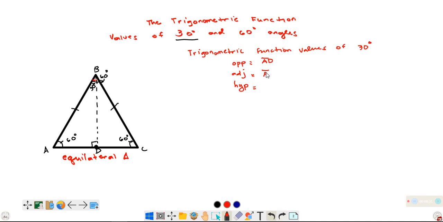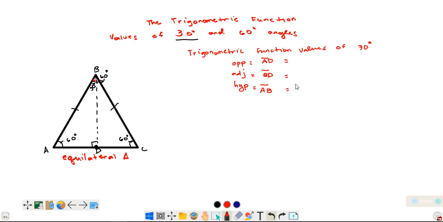Ang kanyang opposite ay AD. Ang kanyang adjacent ay BD. Yan, nalito siya. At ang kanyang hypotenuse ay AB. Okay, again, the opposite is AD, the adjacent is BD, and the hypotenuse is AB. Ngayon, hanapin natin yung